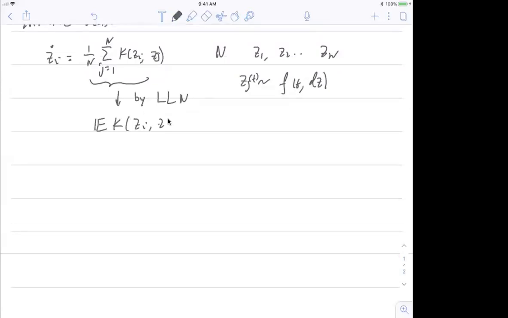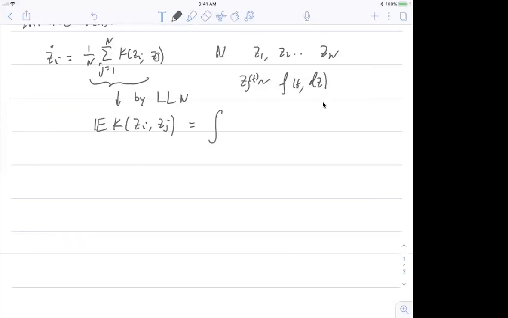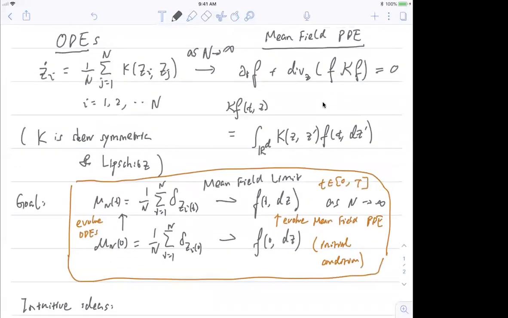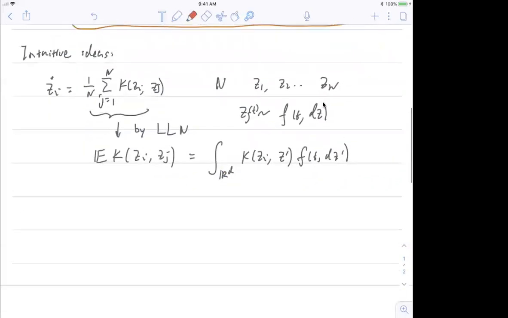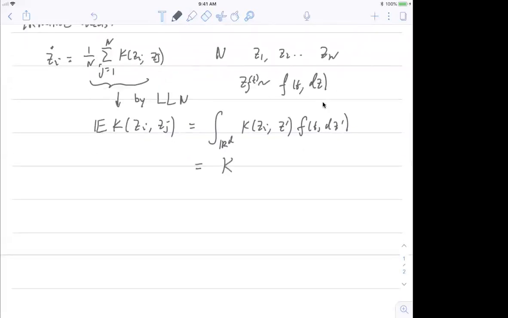K(z_i, z_j). If we write this explicitly, it's just the integral. Let's fix z_i, and here is z prime, f_t(z prime). So if n is very large, this tells us the right-hand side in the ODEs can be represented by the same form. This integral we just write as kappa f